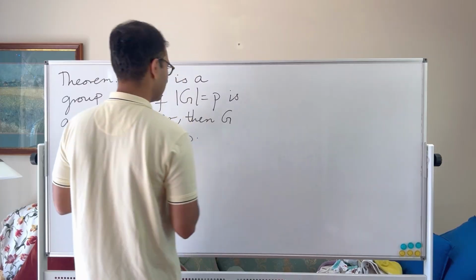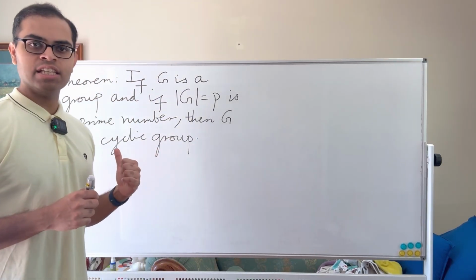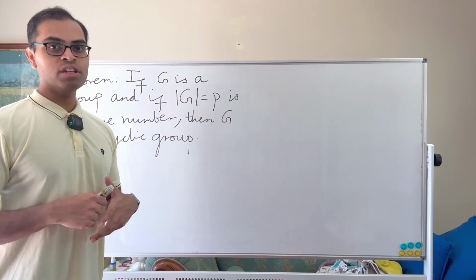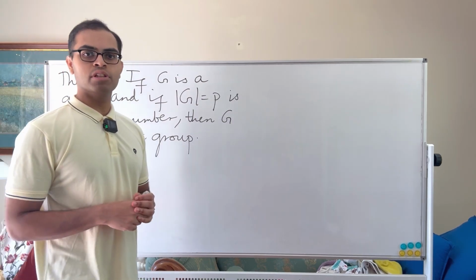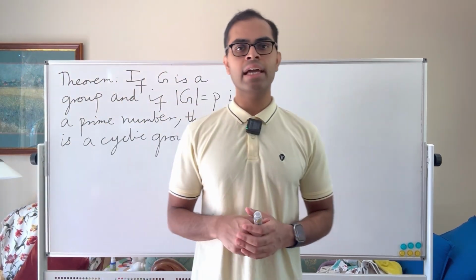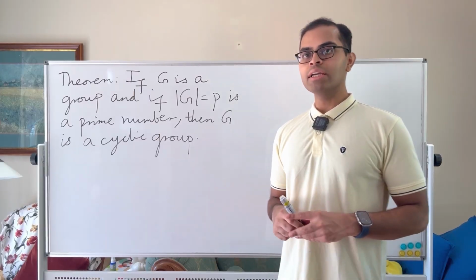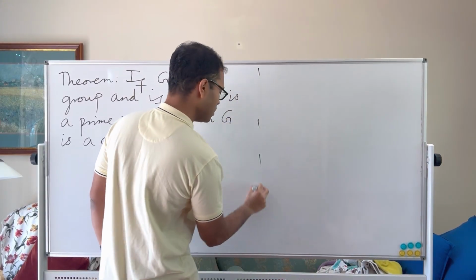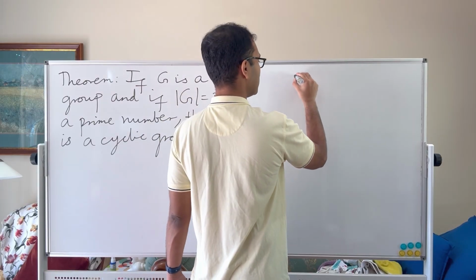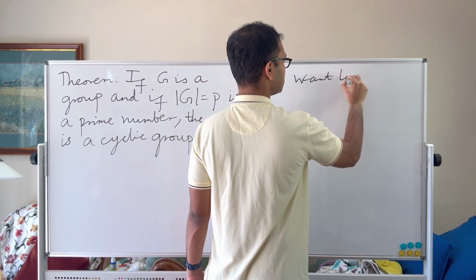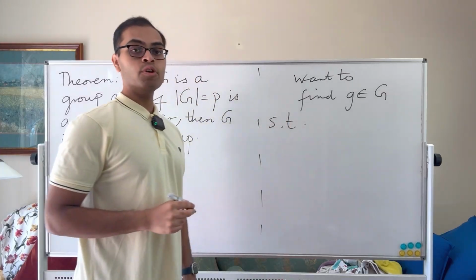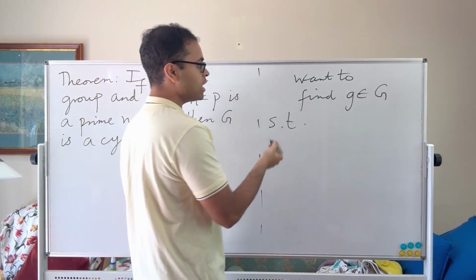Now here's a hack. If you see this as an exercise in a textbook or in a class, then if you know what you're trying to prove, you can get an idea for what the proof will look like. So to show that G is a cyclic group, what does that mean? It means that there is a generator. So we want to find an element g in G such that the cyclic subgroup generated by g, so all the powers of g,